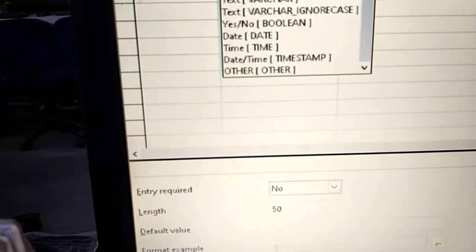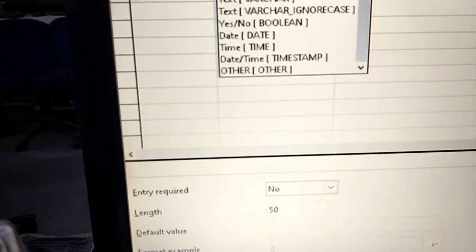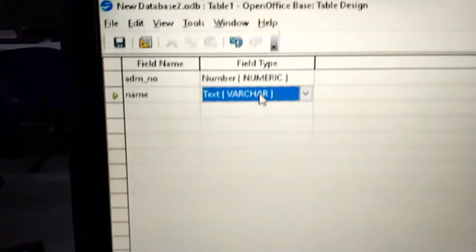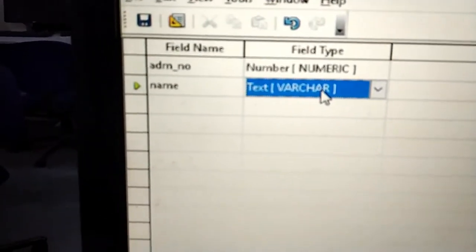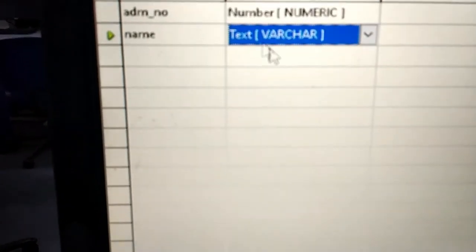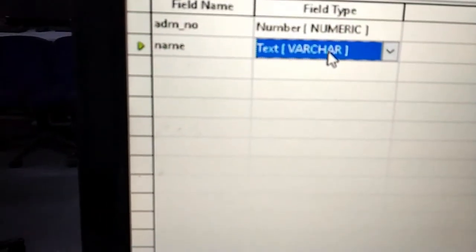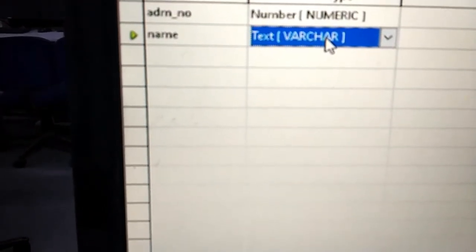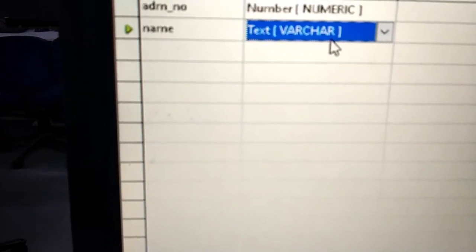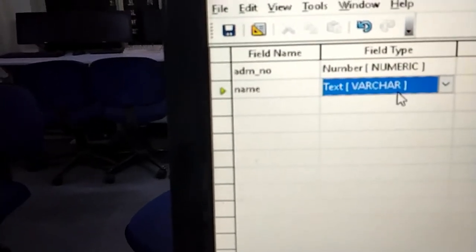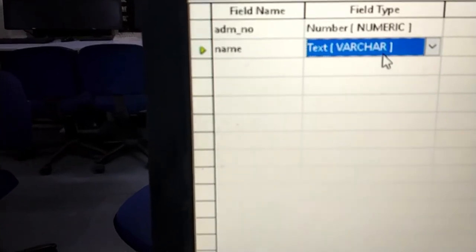As you can see, text char and text varchar. Now I'm taking here varchar, variable characters. Variable character data type is one of the data types in Base which allows you to store any textual data of any length, where the var means variable character length. It means once I'm not sure about the length of the data, I must go for the varchar, and text char I'll take only once I'm very sure about the length of the data that will enter.